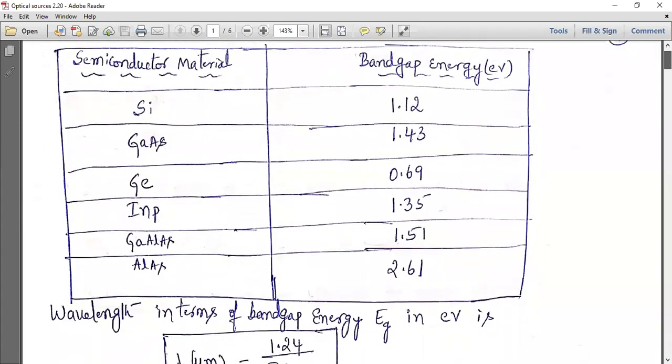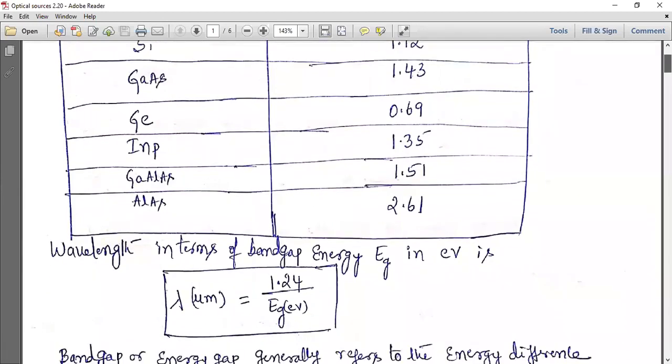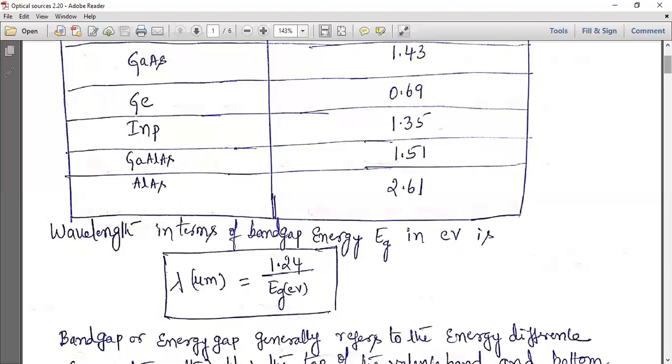Then there is a relationship, why we need that band gap. The band gap has a relation with respect to the wavelength of the photon which is generated. The wavelength in micrometers is given by lambda = 1.24 divided by the band gap energy in electron volts. So whatever the electron volts mentioned here, just replace it, then you get the wavelength. That means the wavelength of the photon which is generated has to lie in the optical domain. Different colors of light are generated at different wavelengths, so the usage of your direct band gap materials depends on the wavelength of interest.